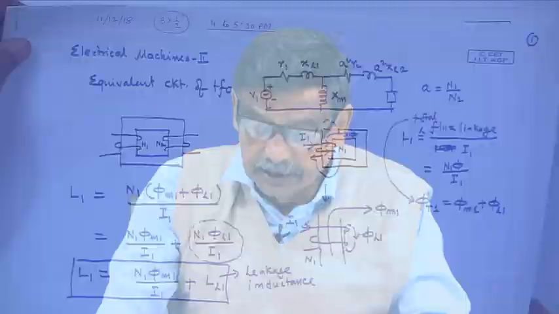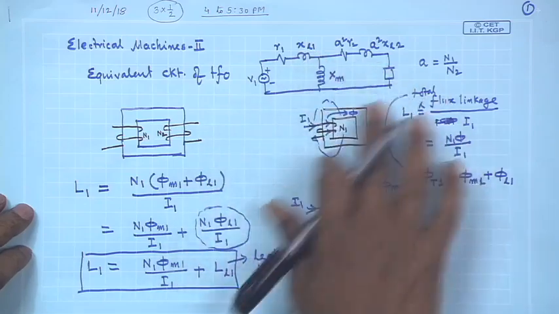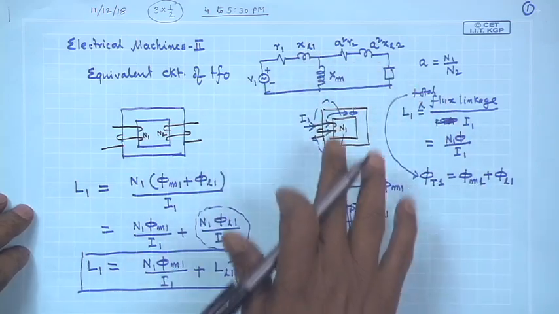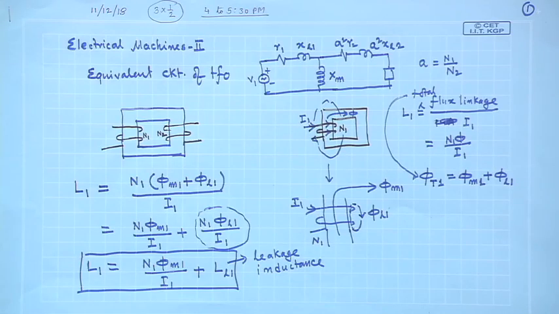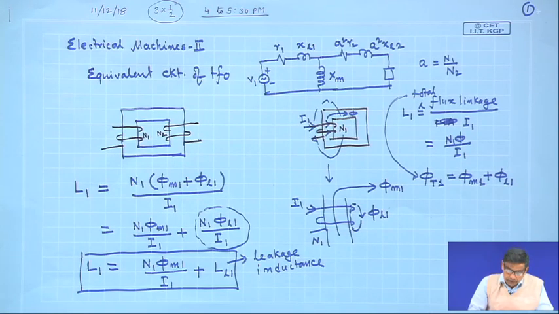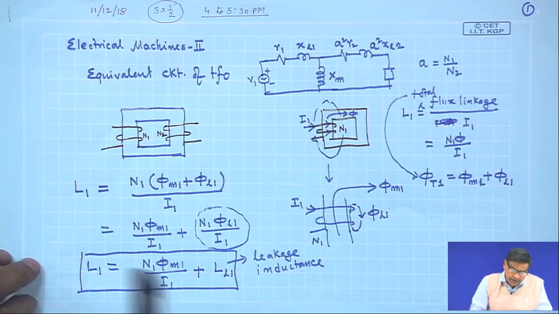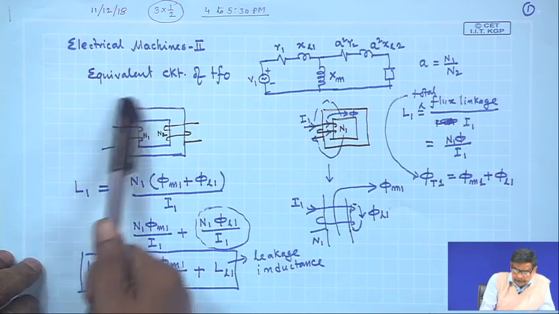Welcome to this next unit of Electrical Machines 2. In the last 3 units, what we actually did is that we tried to find out the equivalent circuit of a transformer from the circuit point of view, and from the concept of self and mutual inductances. You recall, very quickly, I will tell that.